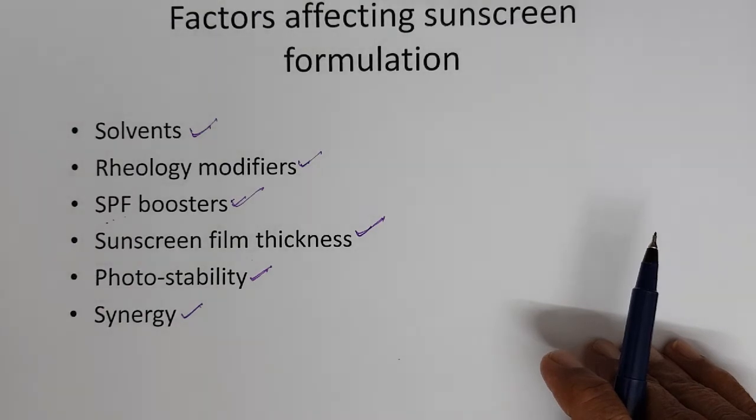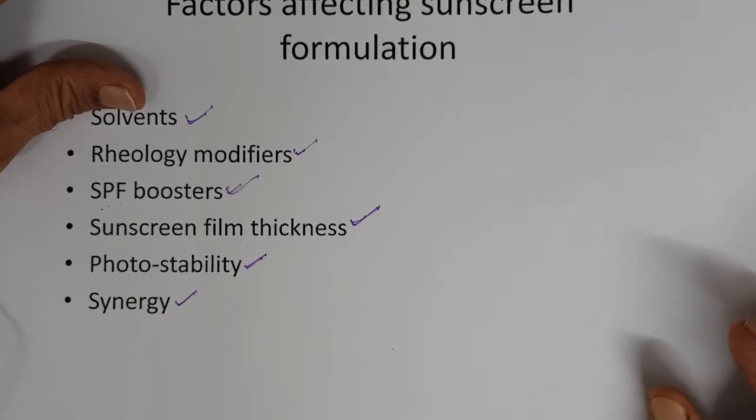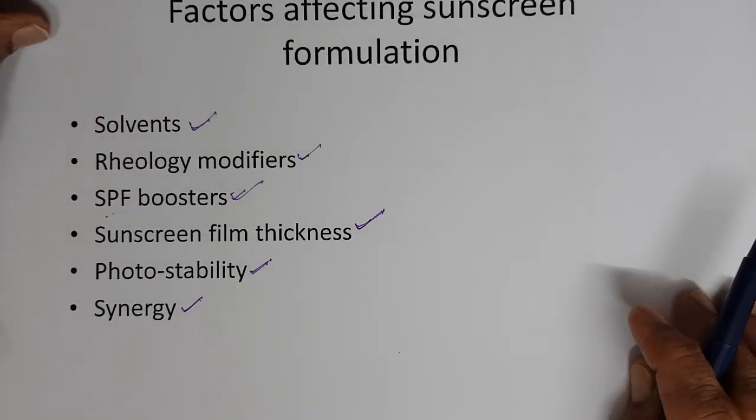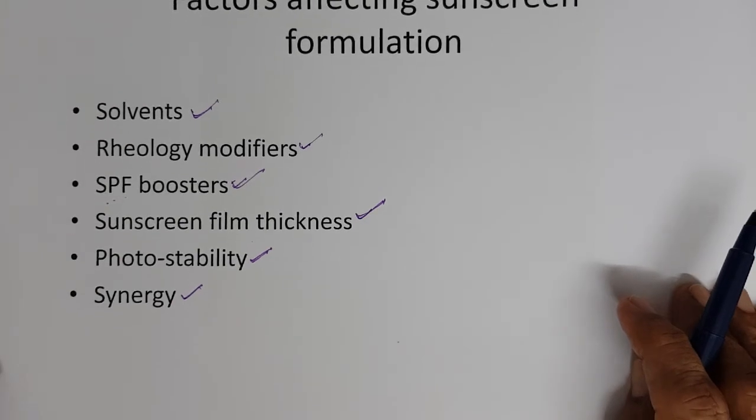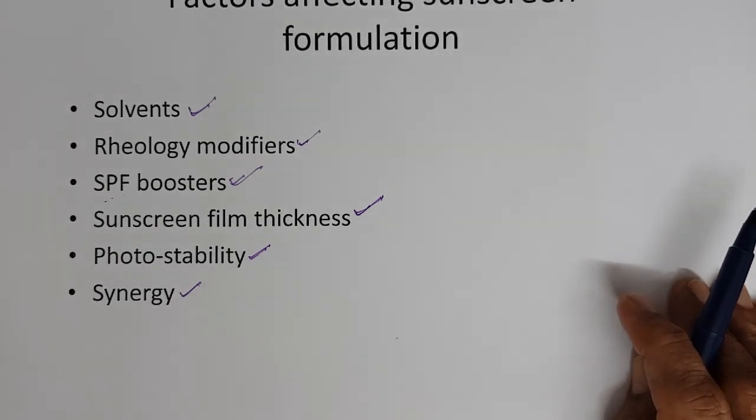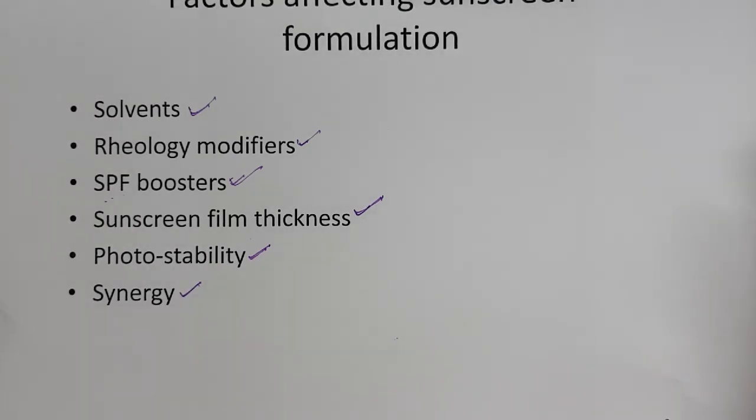Thank you for listening to me in this. This is a very important chapter. So you have to go through the previous parts which I told you on sunscreens and skin and sunscreen actives before going into the sunscreen formulation. Of course, all the building blocks for a skin cream, and before that you have to go through all these things and then get into the factors affecting sunscreen formulation, and then you can design a great formula.